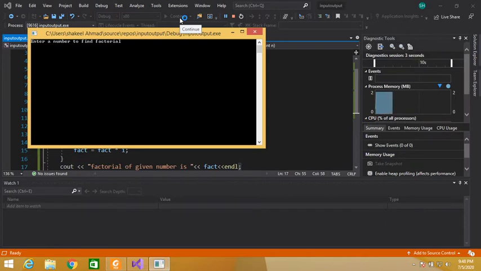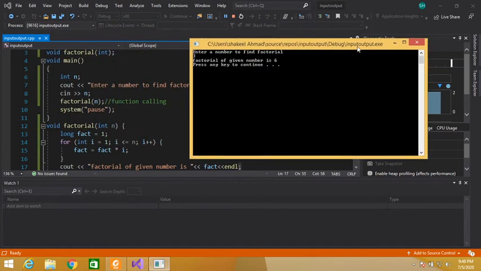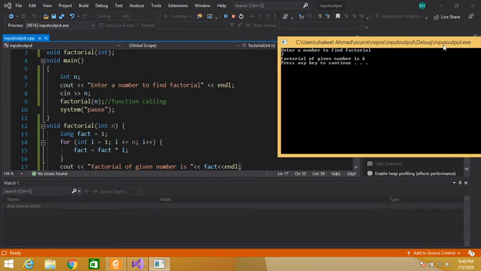Let's say 3. The factorial of the given number is 6. So the factorial of 3 is 6. Our program is working correctly.